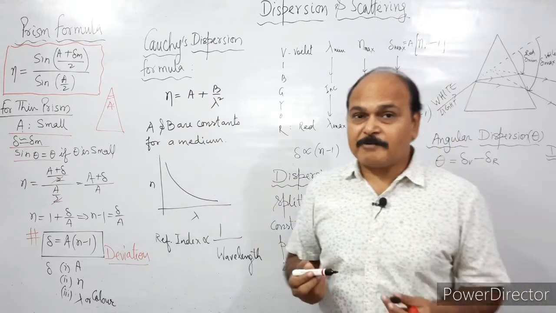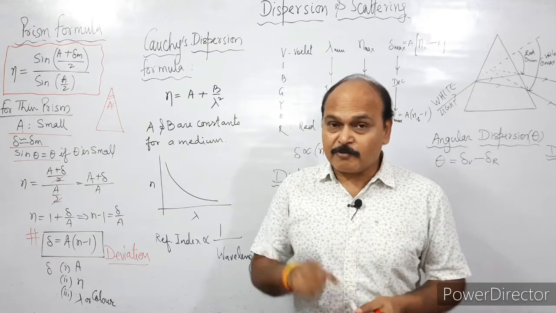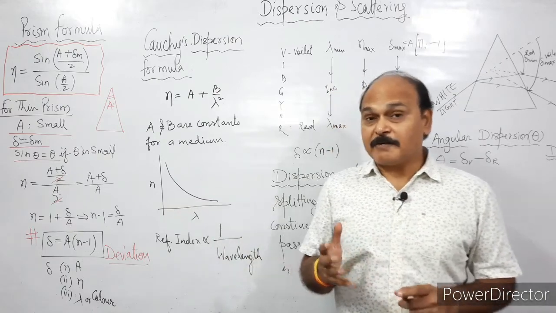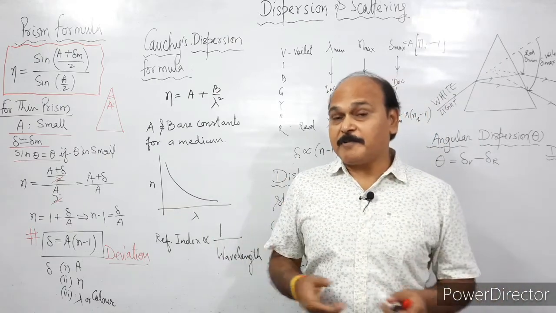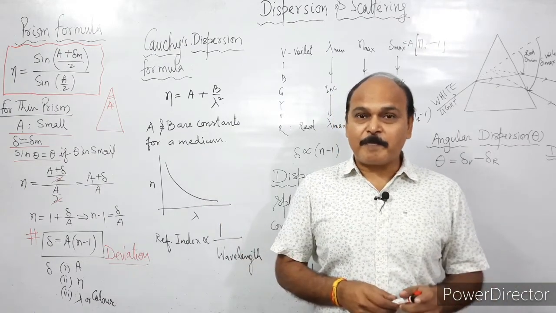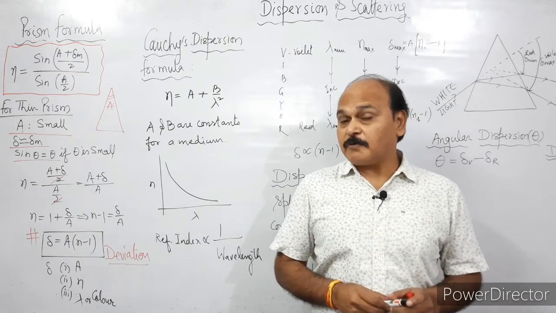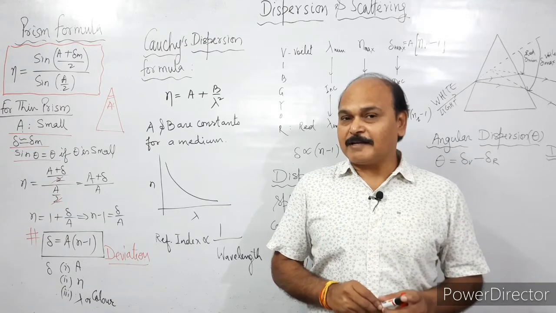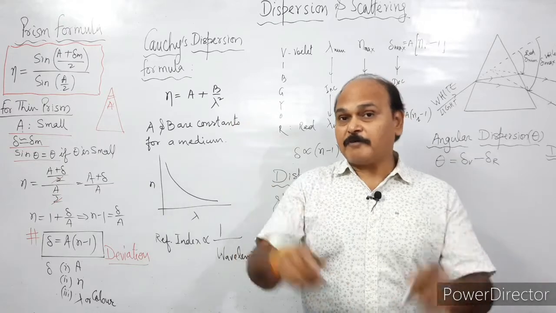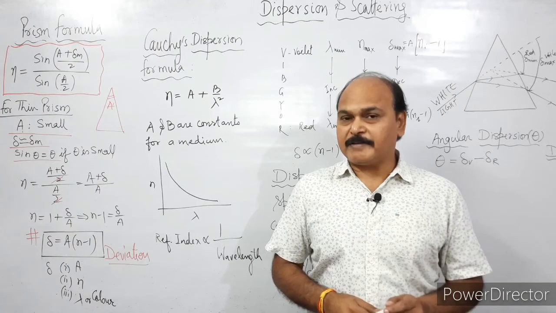We normally say the refractive index of a medium is a constant. Yes, it is constant, but only for one color of light. For different colors of light which have different wavelengths, the refractive index of the medium is different. We say the refractive index of glass is 1.5. So what is this 1.5 for? It is for yellow color, the mean color of light. Otherwise, for all different colors from red to violet, the value of refractive index of glass is going to be slightly different from 1.5.